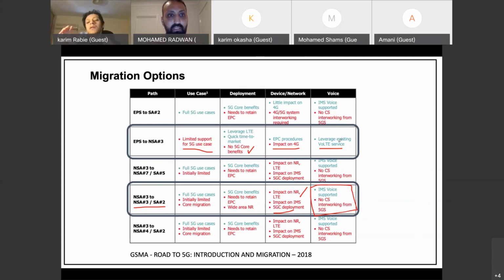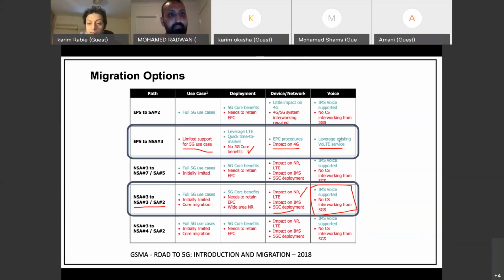Yeah, sorry. So there is no such thing as CS fallback from 5G. So 5G cannot fall back to 3G. Okay. So that's the first point. You have different flavors of handling voice in such 3X and 2 options.